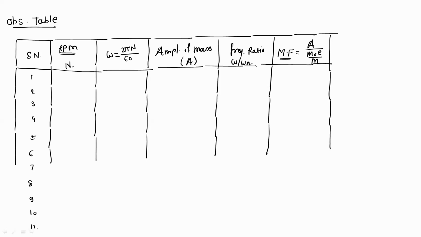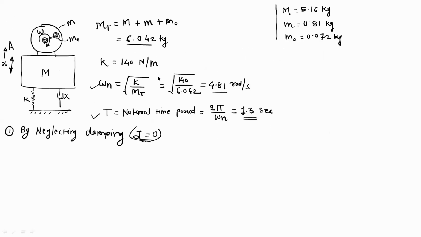So the RPM that we will select depends on the natural frequency. So just observe here, our natural frequency is 4.81 radian per second. Okay, but during the experiment, we want the RPM so that we can rotate the system at the given RPM. Okay, so just convert this omega n in terms of RPM. So we will get some idea about the frequency range or the speed range. So RPM, which is corresponding to 4.81, it will become,